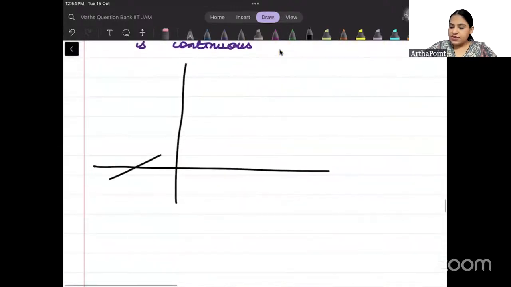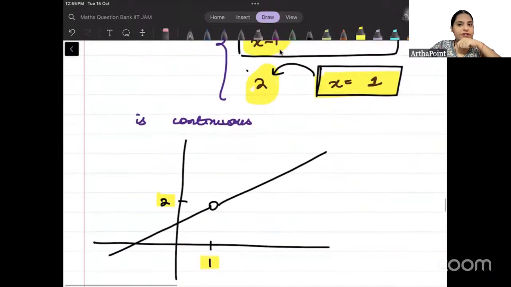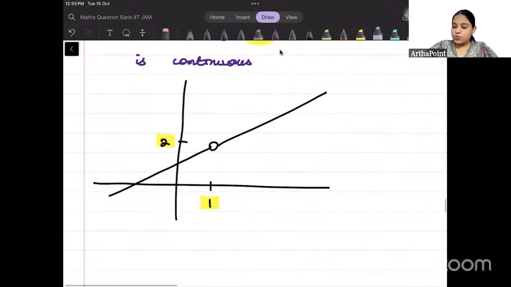from our previous class, we know that we were getting something like this, that at 1, it is 2. This value cannot be achieved. You don't have the function defined at 1, but other places it's defined. But now they have given you an additional set of information. It says that, look, when x will be 1, then the value of the function will be 2. So they have closed this circle now by giving you exactly how the function acts when x is equal to 1. Right? They have defined how the function acts.